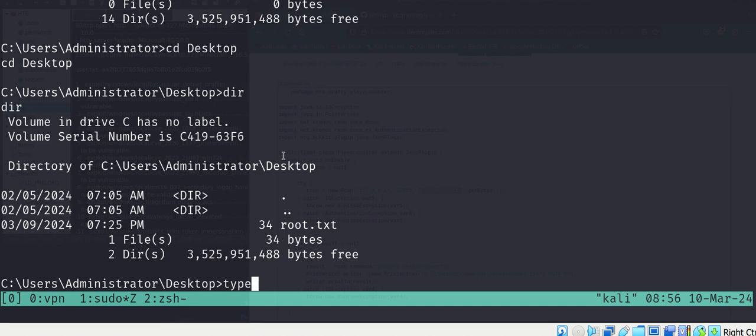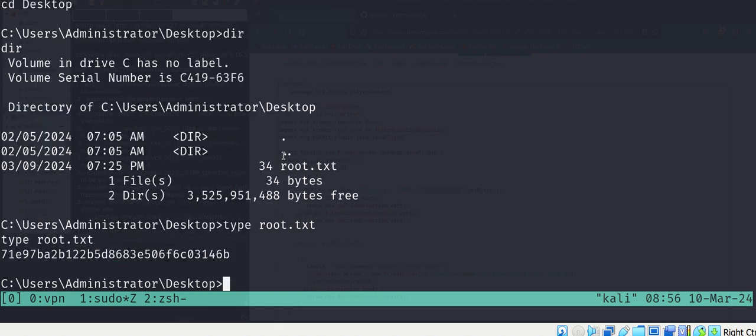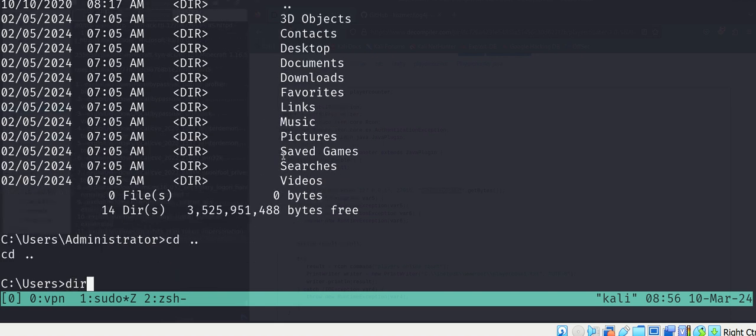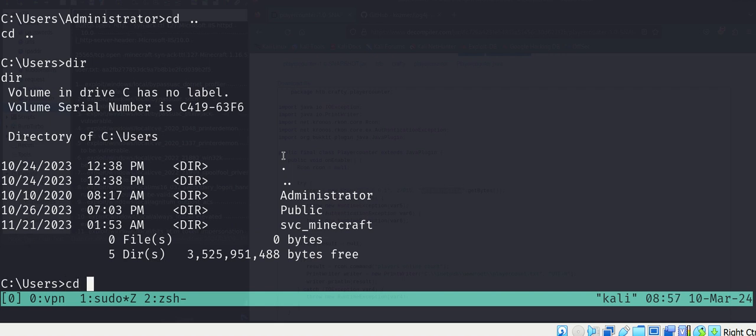You type in type. That's the same thing as cat in Linux. So type root.txt, and there's your password. And just so you know, the other password, let me just go back because you're an administrator. The other password is in svc